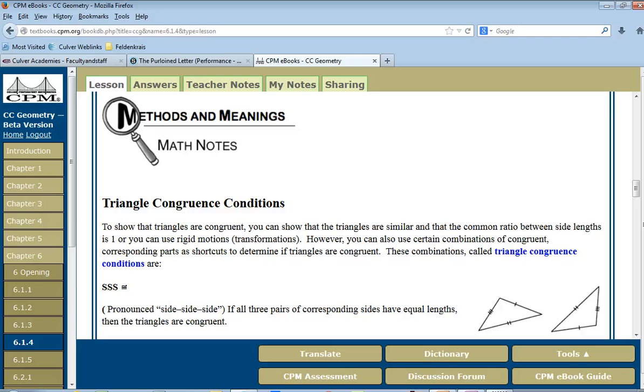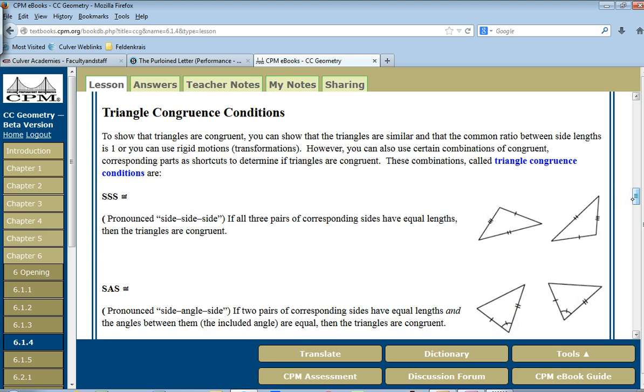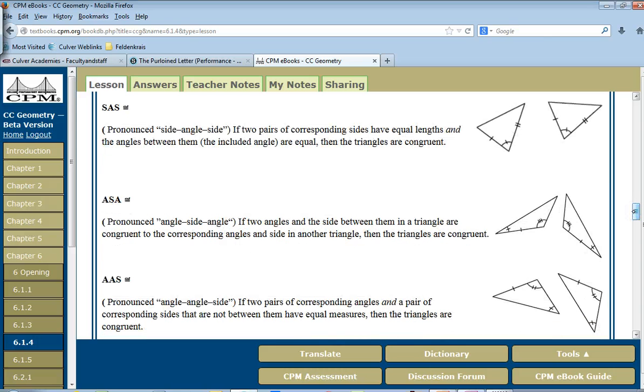So page 358 in your textbook is a really important page for reviewing the triangle congruence conditions. And please know that you need all of these words. If all three pairs of corresponding sides have equal lengths, then the triangles are congruent. So you need to know more than just the abbreviation for these theorems. You need to be able to support using the theorems by writing a meaningful statement that includes all the right